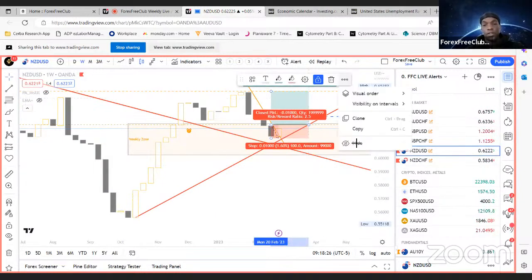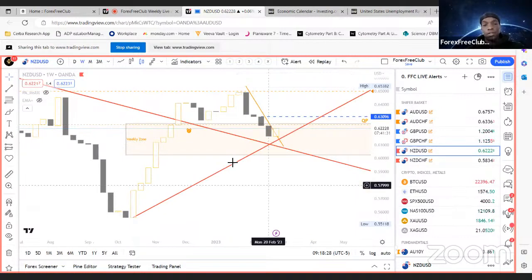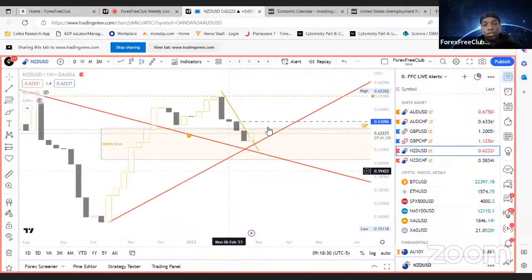NZD Swiss franc. So like I said, in the zone, market structure is still bullish, did break below this low, but this demand was a strong demand, so it'll be interesting to see if it'll service supply to get maybe better pricing. But for now, we're just going to take this counter trend line break and take it up.